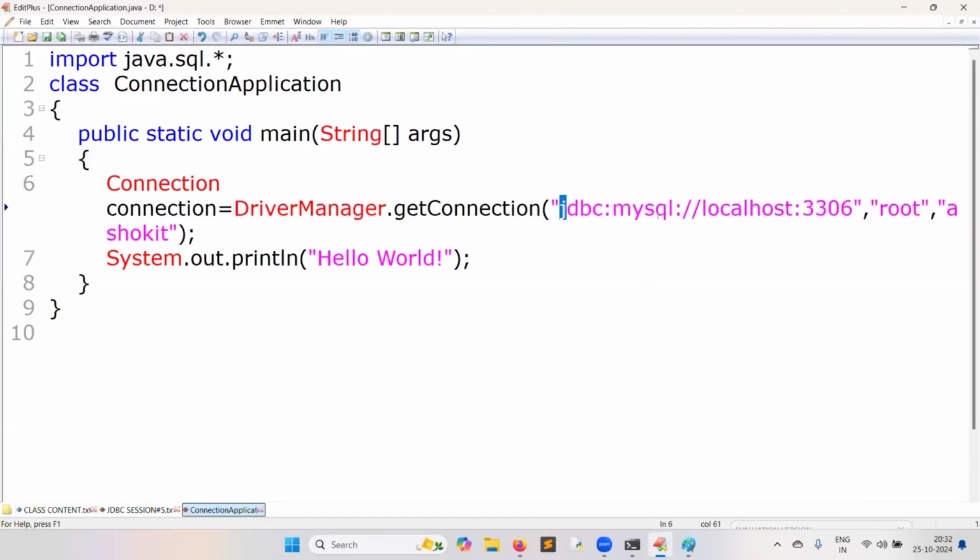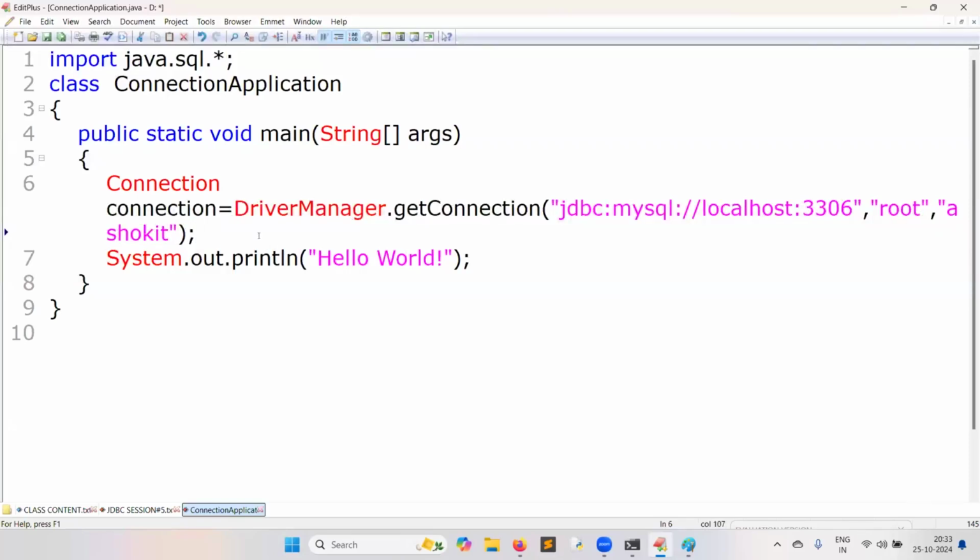The getConnection method's first argument is the database address. JDBC is the main protocol. MySQL is the sub protocol. Localhost is nothing but the IP address of the computer where the database server is running. Because in my case the Java program and the database server are running on the same machine, I have given localhost. Because MySQL runs on this particular counter number, therefore I have given it. If it is Oracle, it is the 1521 port number. Over. This is the username and this is the password.